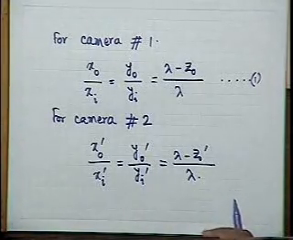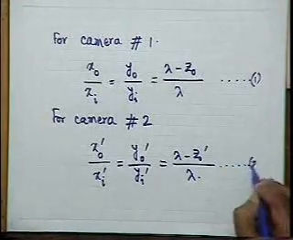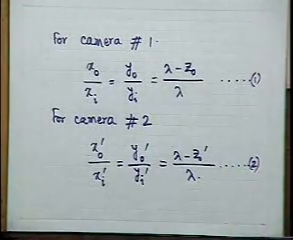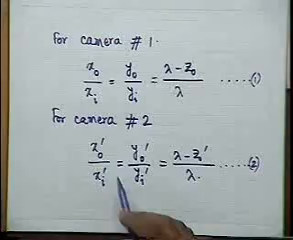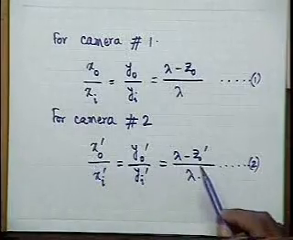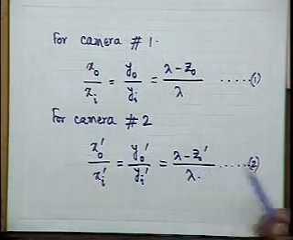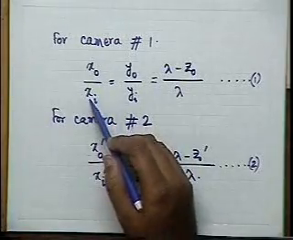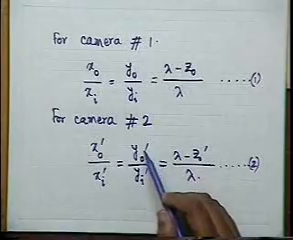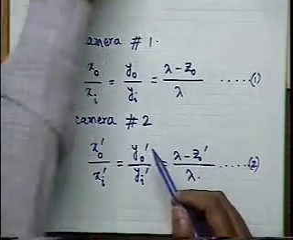So now this is my equation number 2. If I want to solve for the coordinate of the point P, I have slight difficulty because for camera number 2 I have represented everything with respect to camera 2's coordinate system, and for camera number 1 I have referenced everything with respect to camera 1's coordinate system. So all that I have to do is a coordinate transformation,